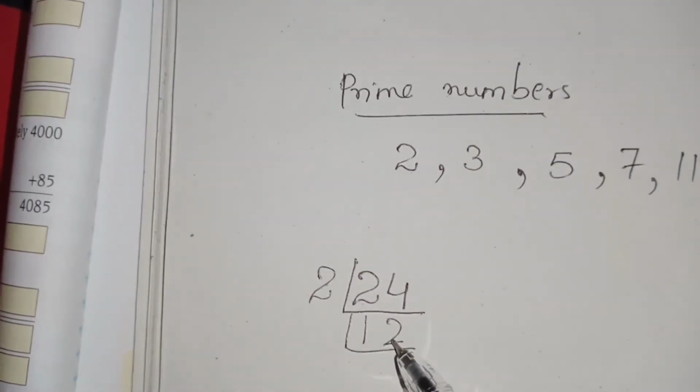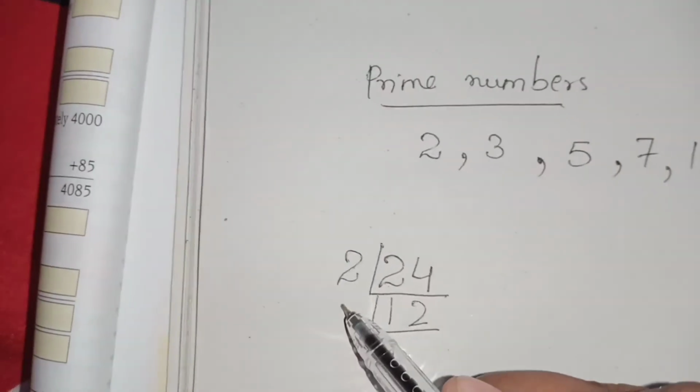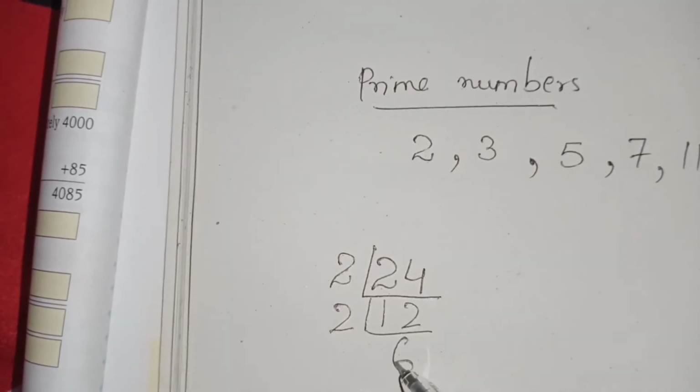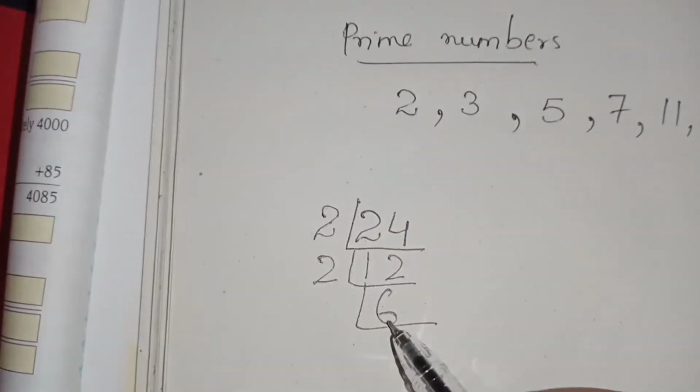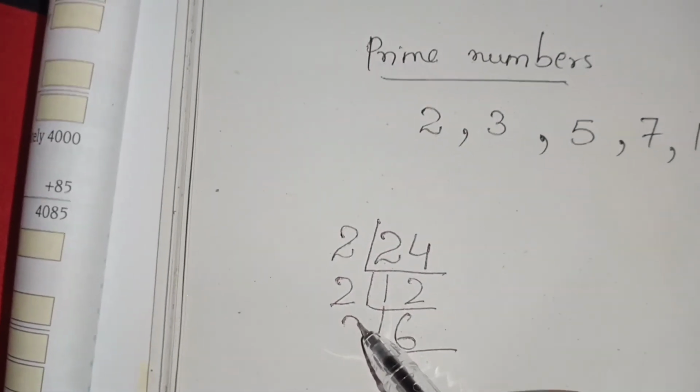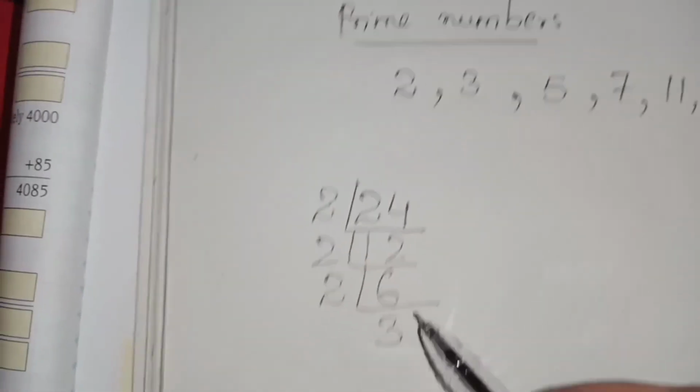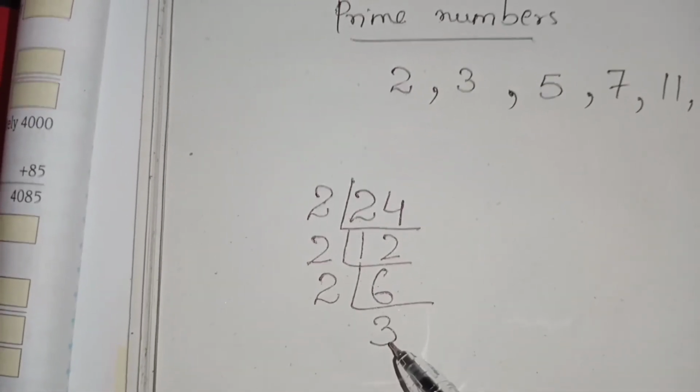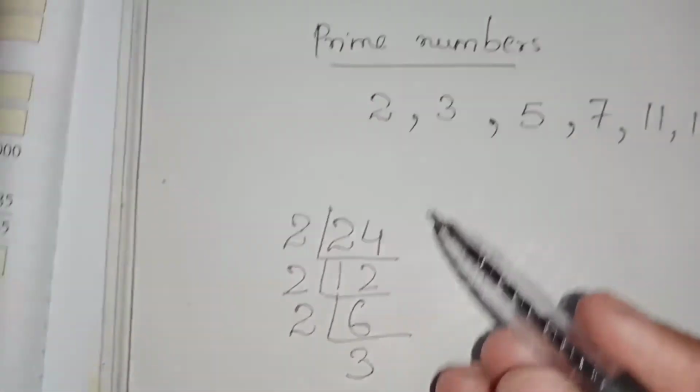Now we got 12. Again this 12 is divisible by 2. So 2 sixes are 12. Again this 6 is divisible by 3. Okay, so 2 threes are 6. Now you see that we got a prime number, that is 3, and 3 is divisible by its own table